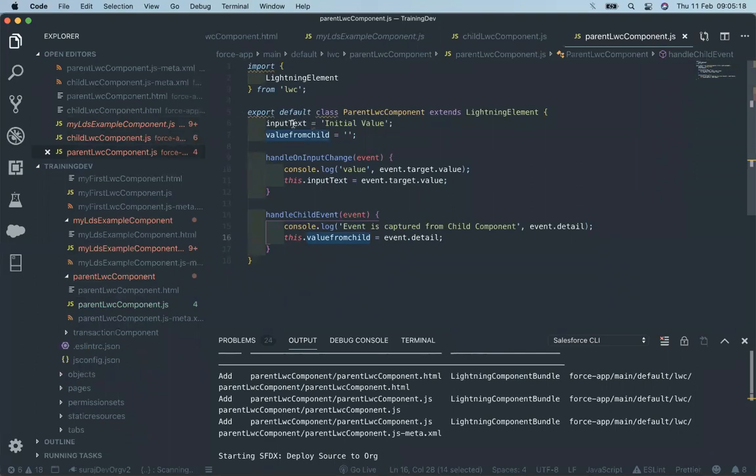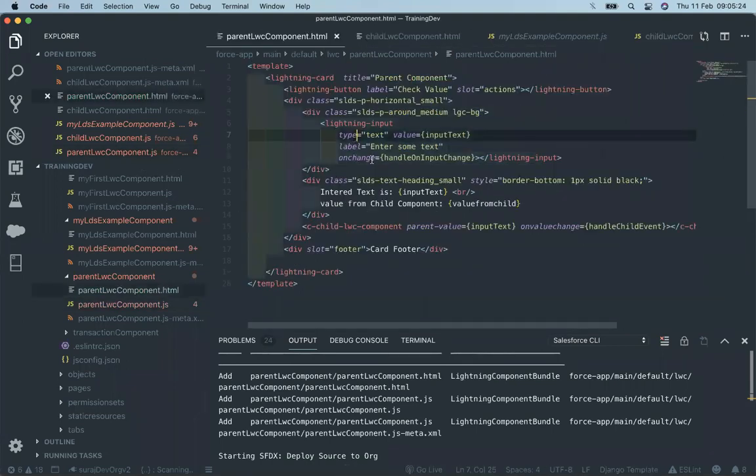We just have to declare the value and it will automatically pass the value to the input field. But the reverse is not true. If the input field has to pass some values inside the JS, at that moment it is not able to capture that input field. For that we need to take the help of an event.